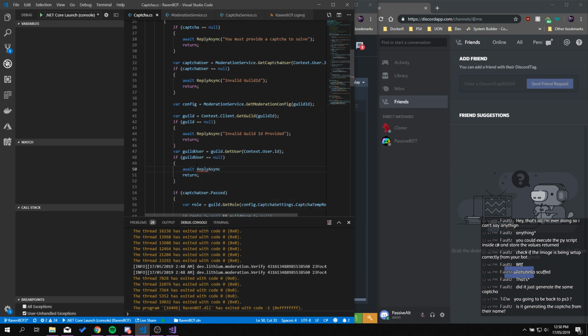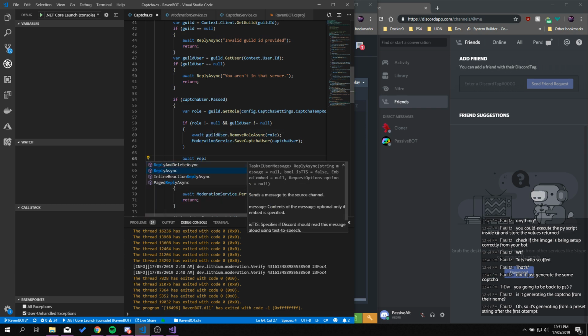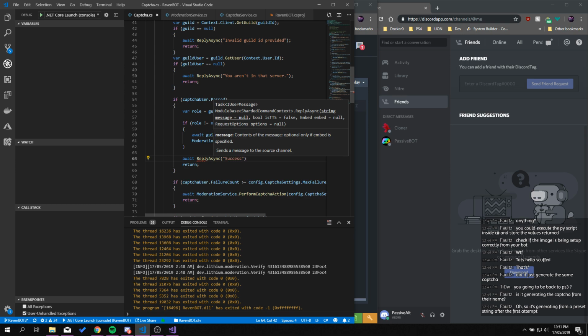reply async, you aren't in that server. Let's use lowercase for these, so that's a little bit more consistent. Successfully verified. It's not